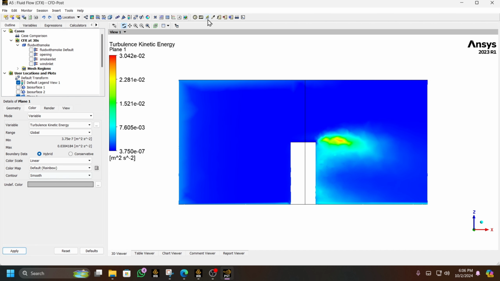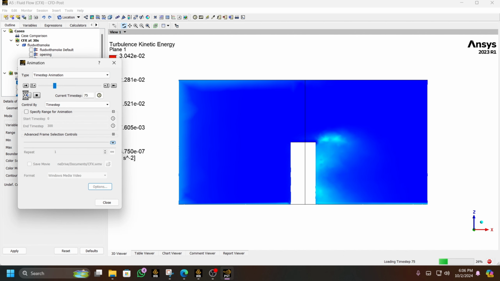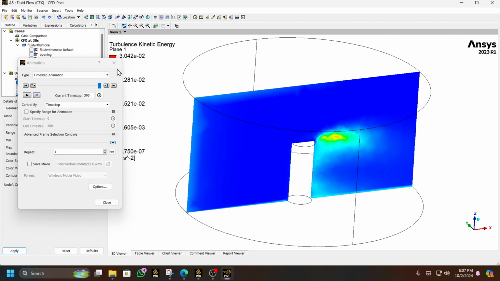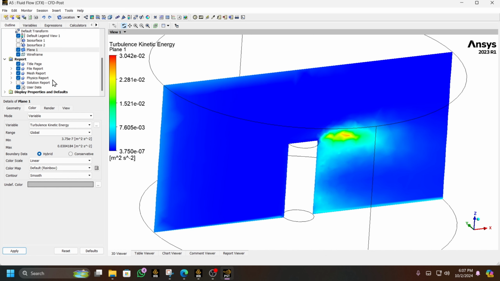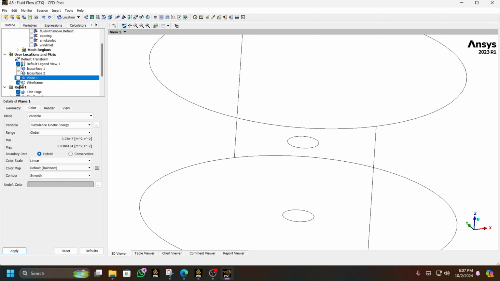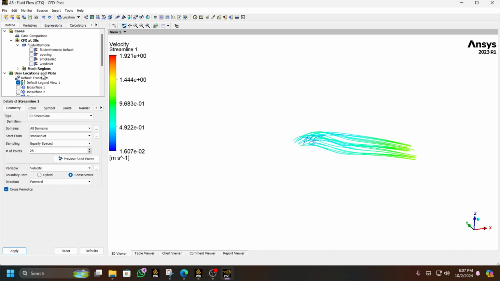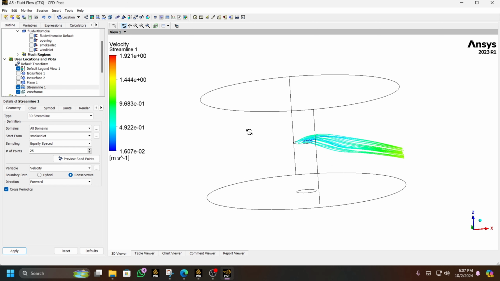If we click on the global, basically the turbulence is occurring behind the cylinder, or sorry, the chimney. So now let's come to the ISO stream and start it from the smoke inlet. So you can see the direction of the smoke,